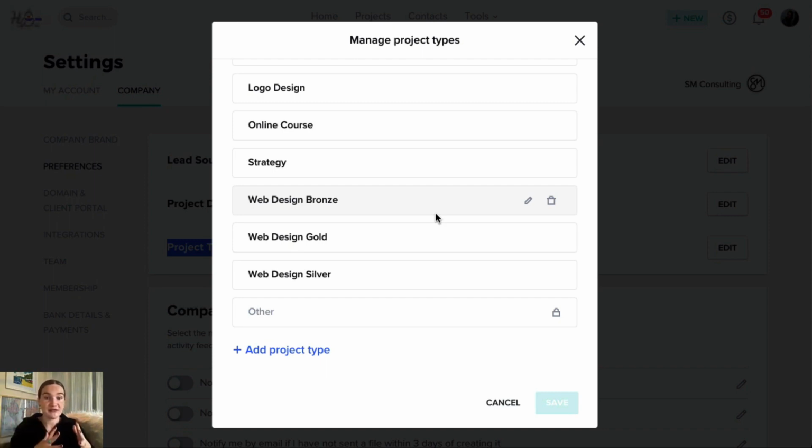Are your jobs defined by the packages that you sell? Are they defined by the neighborhoods that you serviced? Are they defined by XYZ? You kind of need to determine that for your business. But once you've figured that out, you want to set up this list to help you stay organized, because this